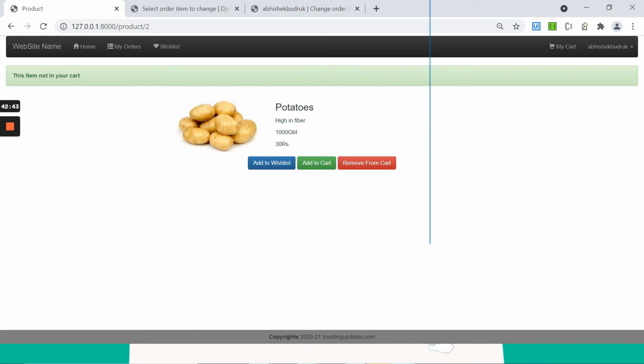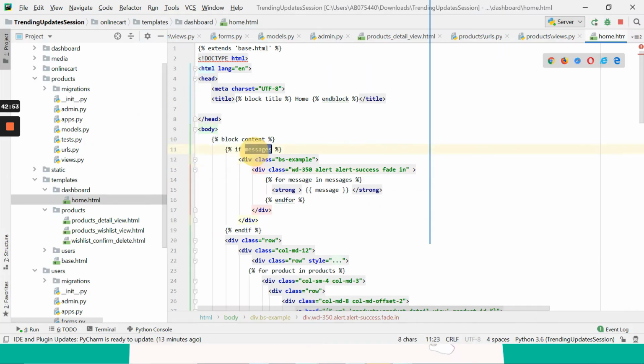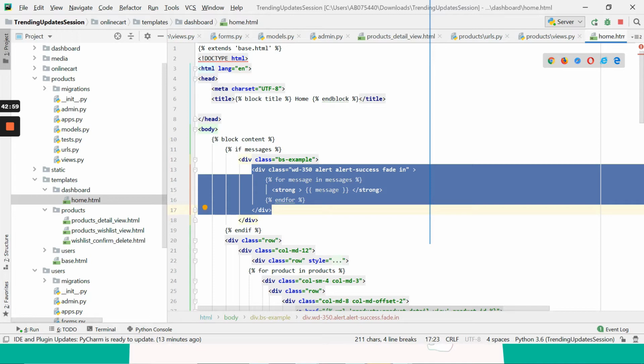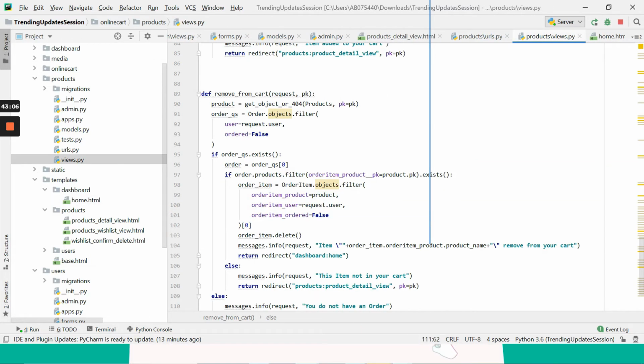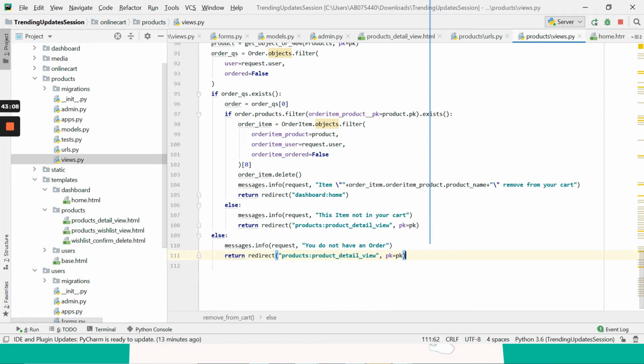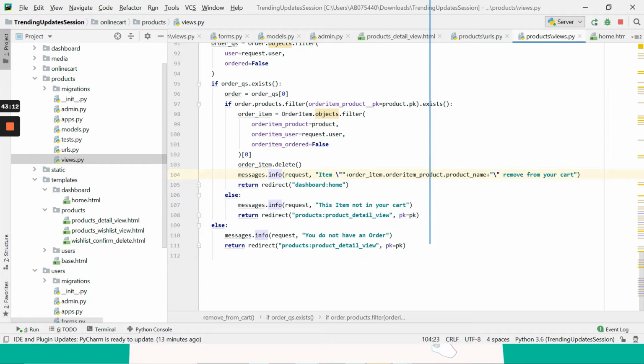This is your assignment. Take it down, one by one, the assignments that I will be giving you. This is very simple. I'll tell you how to do it, but please try to do it. From the message, you can see I have alerted it as success. If the message is of the form error, I'll show you in the view section. From the remove from cart, I have added the message info. And if the item is not present, also I have added it as info. You can add it as error also.